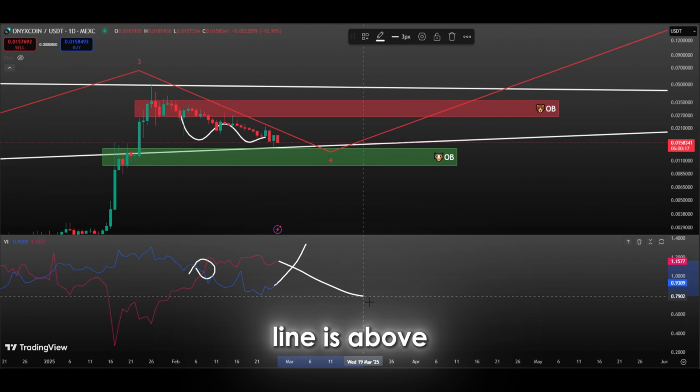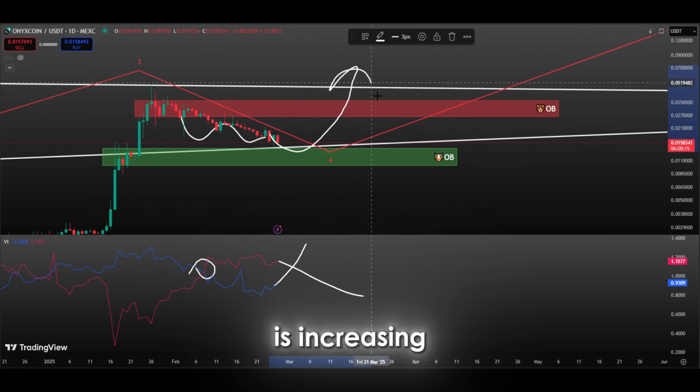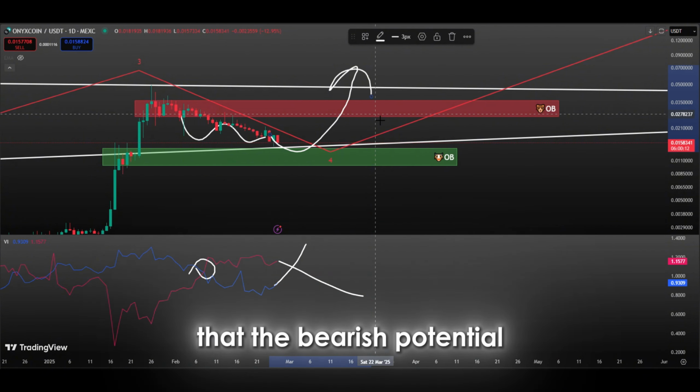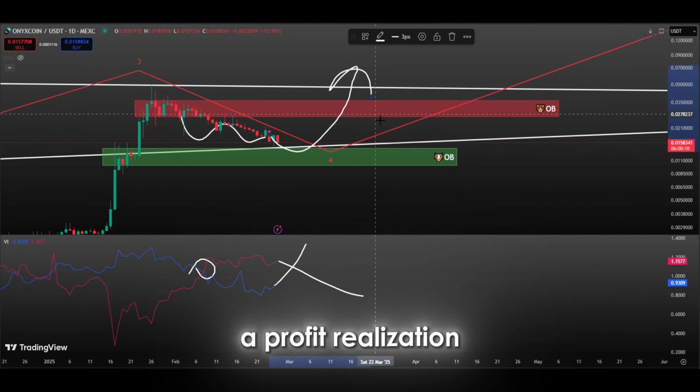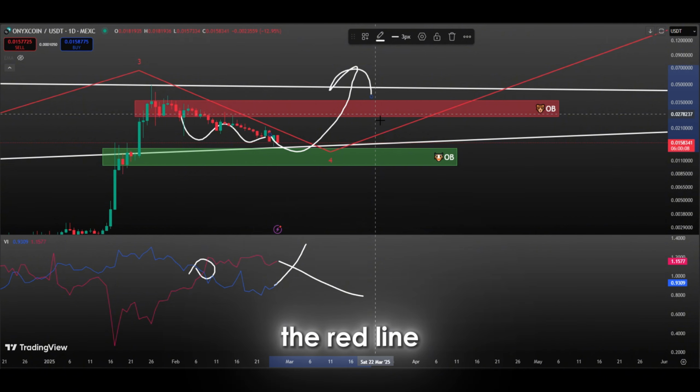When the red line is above the blue line, it indicates that the downtrend is continuing and selling pressure is increasing. In such a situation, traders may think that the bearish potential is stronger. This could lead to a profit realization or intensified selling pressure. However, if the blue line crosses the red line, this indicates that we are now out of the bearish market